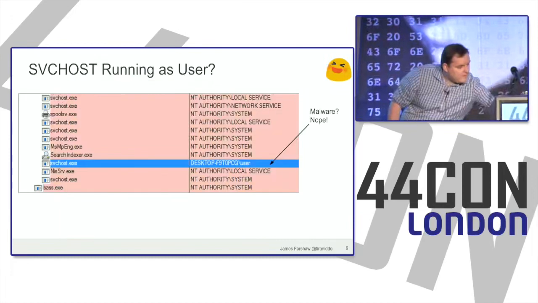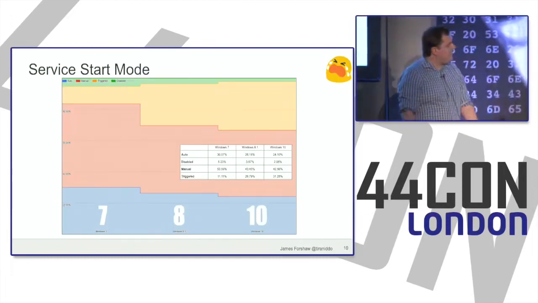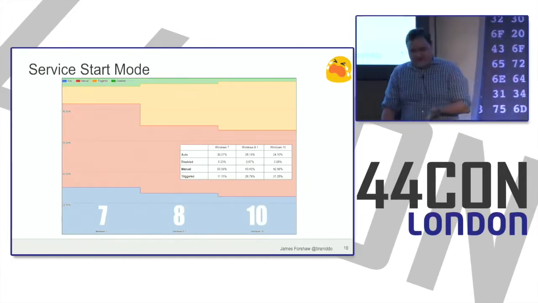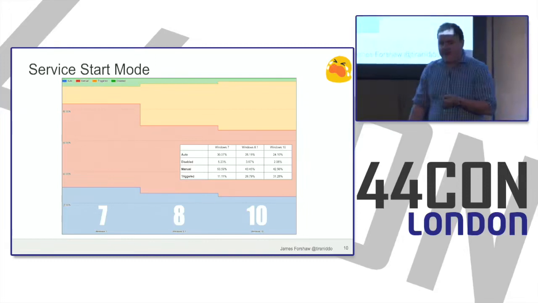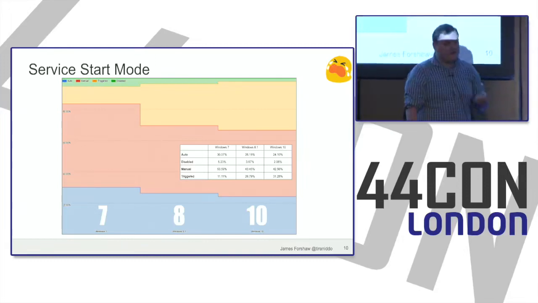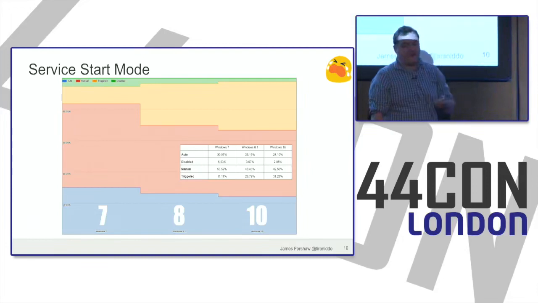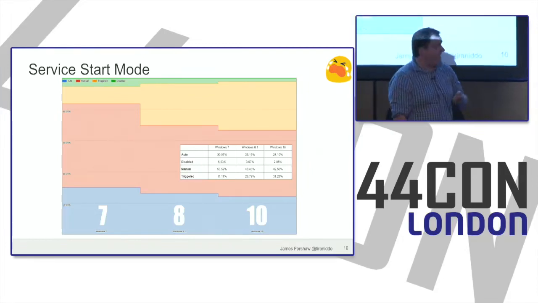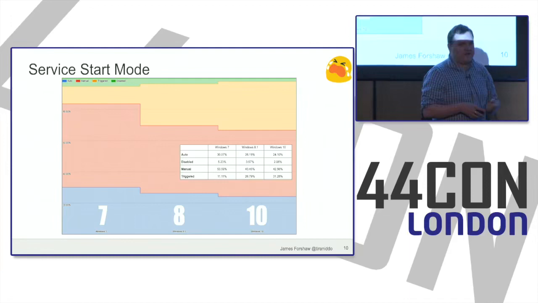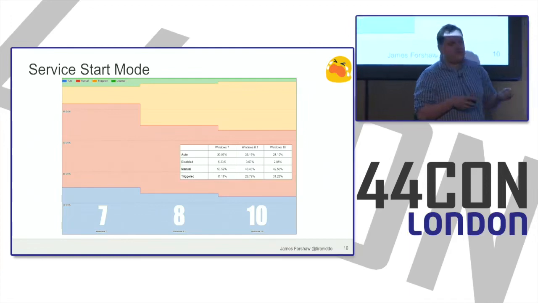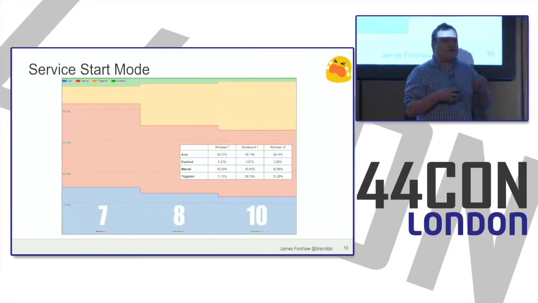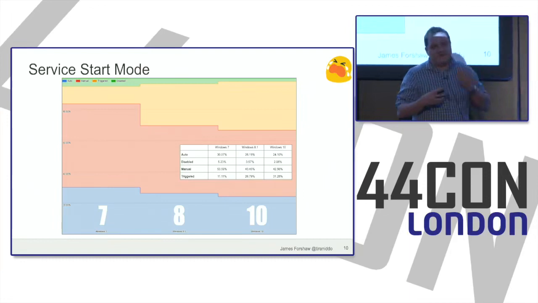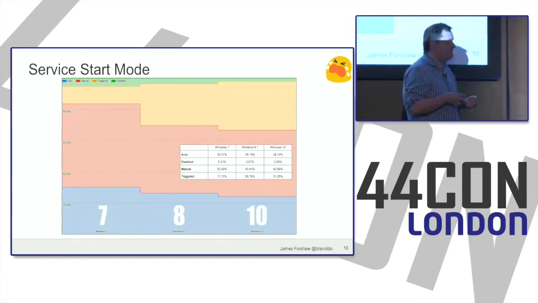Okay. So as a measure of attack surface, we now know that Windows 10, by default, seems to have more services, and more of those services are running at the highest privilege account you can get. But of course, services can be turned on and off. Not all services which are installed by default are running at any one time. So you want to make an assessment of the actual real running attack surface on Windows 10.